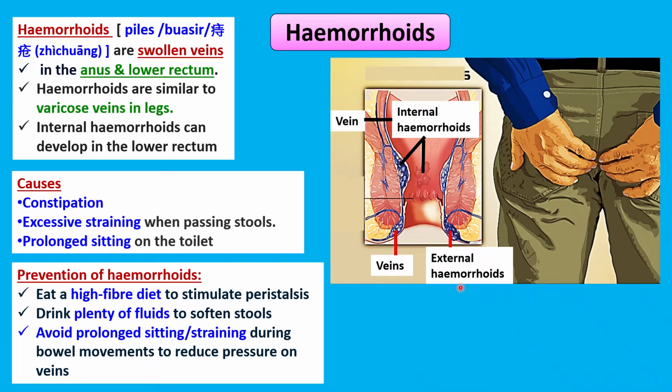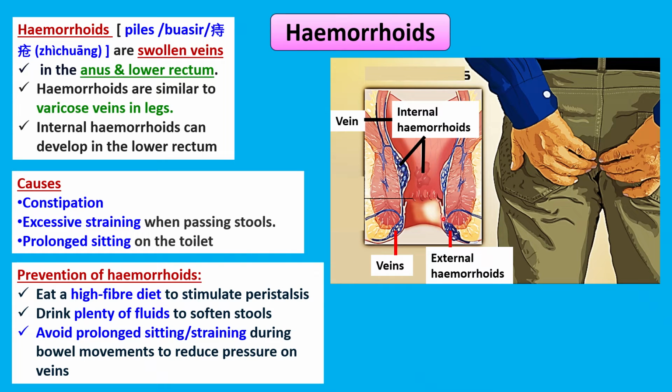So what are the causes of hemorrhoids? Constipation, constantly being unable to defecate, then the person will strain his intestines and the anus, and that will cause the veins to become swollen, and the veins can even burst and bleed. So it can be painful, and there may be blood passed out with the stools. Also, excessive straining when passing stools and prolonged sitting on the toilet. Some people like to sit on the toilet for half an hour or so reading something. That is also one of the causes of